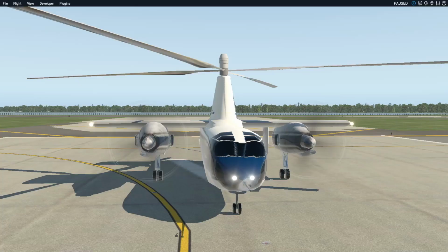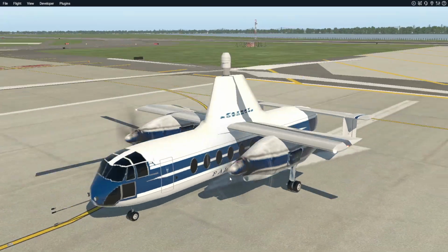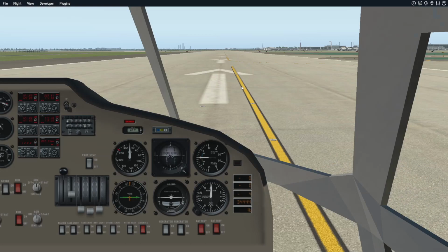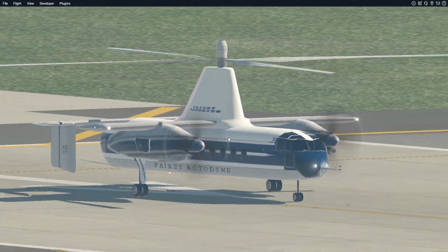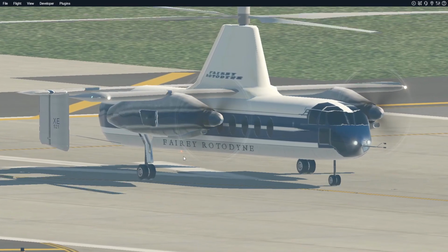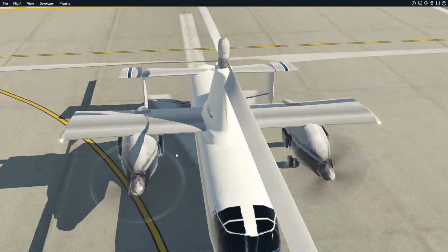As you can see, here we are in X-Plane 11. That is really loud, but anyway, well, it isn't for you because I turned down the volume. But here we are inside this thing. That's not a good interior, but yeah. So the Fairey Aviation Rotodyne, there we go, there's no more sound, was an aircraft developed by the British aviation company Fairey Aviation in the early 50s, and the idea, 60s, sorry, was that